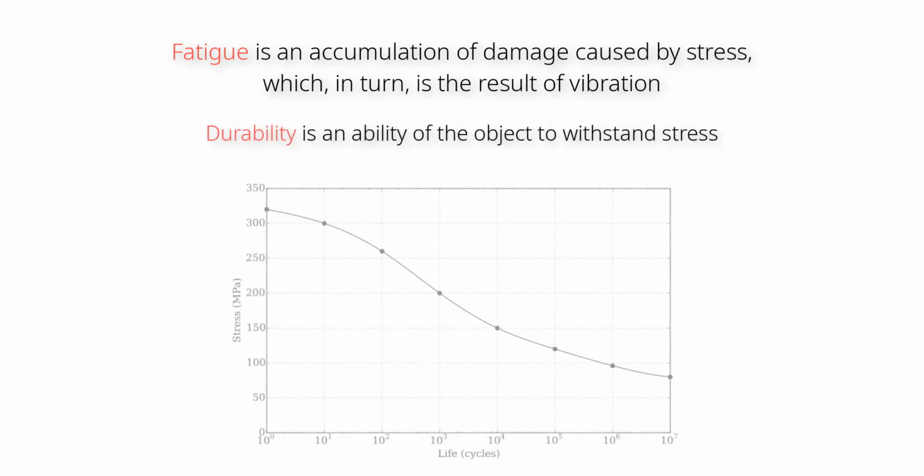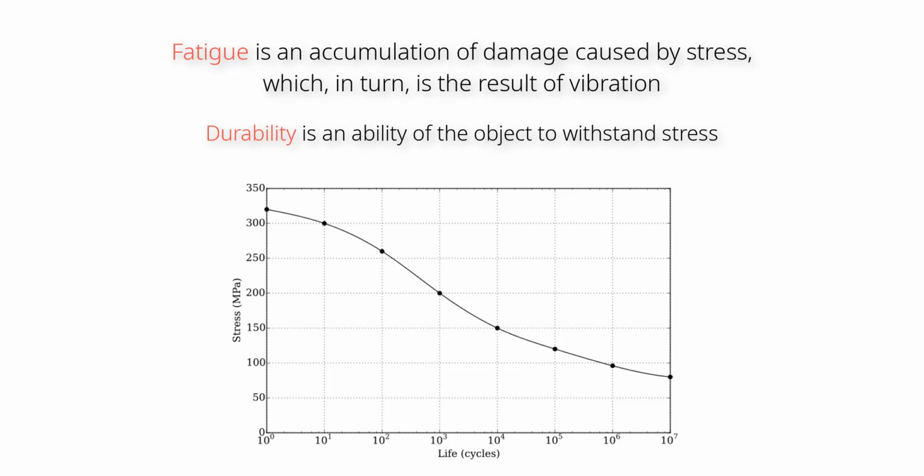When we deal with a prolonged vibration impact, durability is usually characterized by the S-N curve, where S is stress and N is cycles. In this graph you can see how many stress cycles an object can survive when a certain force impact is applied to it. For example, an object can survive 10 cycles at 300 megapascals level or